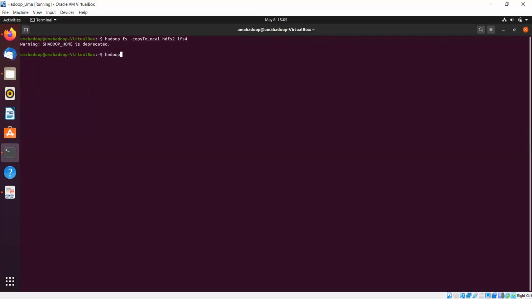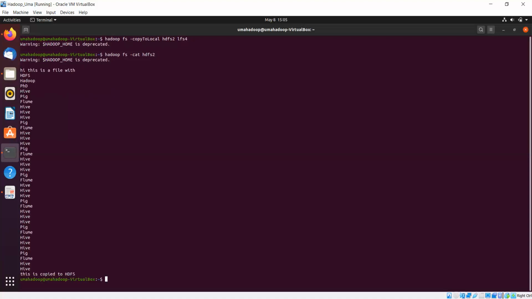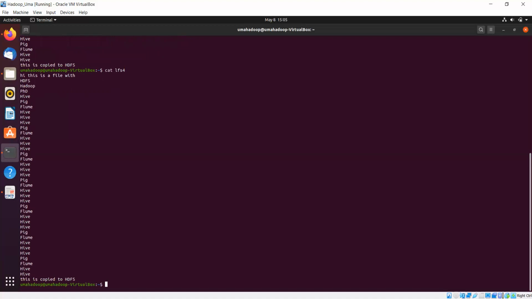Now you can check Hadoop FS -cat HDFS2. This is the file, and similarly for this particular file, cat LFS4. Okay, so whatever contents we have in HDFS2 are copied into the LFS4.